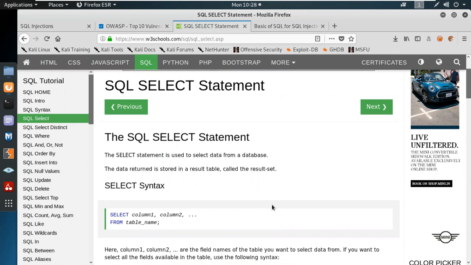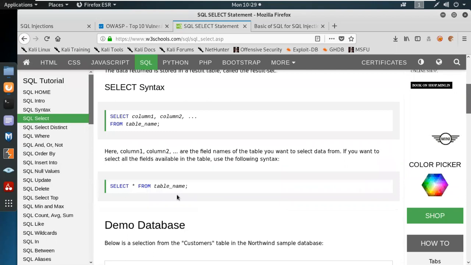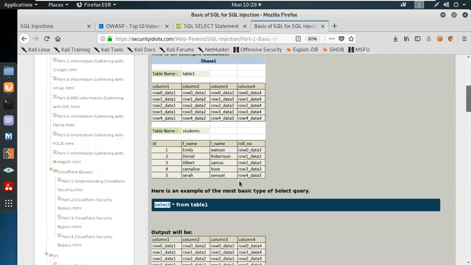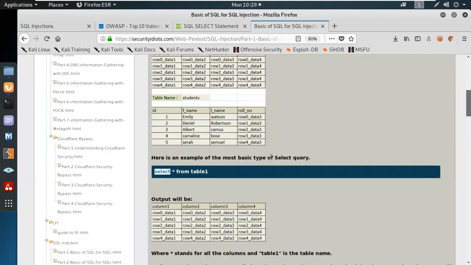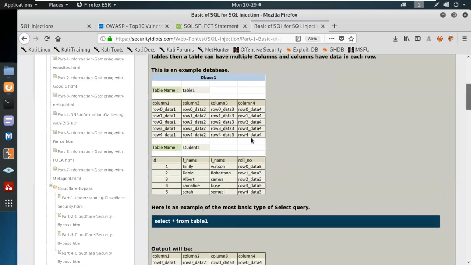The data returned is stored in a result table called the result set. How it looks: SELECT column1, column2 FROM table name. Or you can write SELECT * FROM table name. Star means all. If you want to check, you can simply check with this one. Here is an example of the most basic type of select query, and that is SELECT * FROM table1. Table 1 was this. It will fetch all the column names over here,